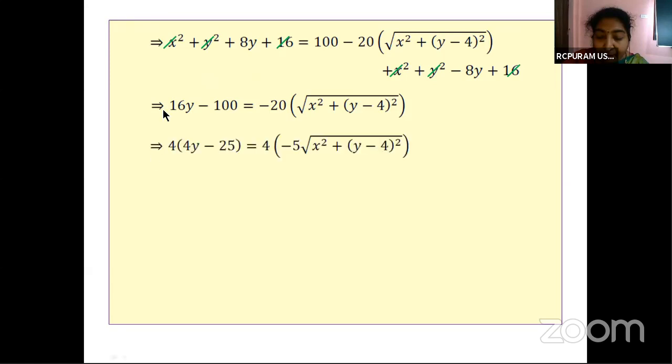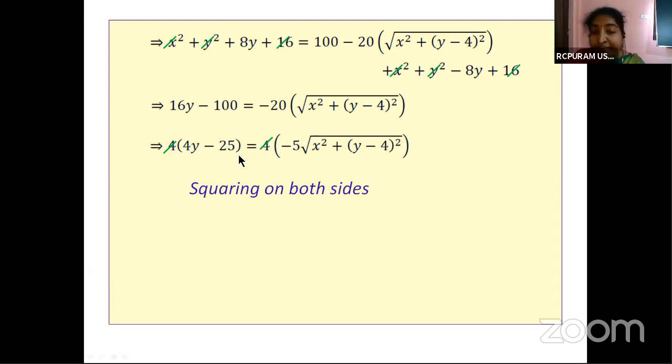When I take 4 common, children, you will be getting 4 into 4y, which is 16y, minus from 100, 4 is out, so you will be getting it as 25. From 20, 4 is out, so you are getting it as 5. So 4 into minus 5 into root of x square plus y minus 4 whole square. Now I will cancel 4 on both sides. Then I will take squaring on both sides now. When I take squaring on both sides, you will have it as